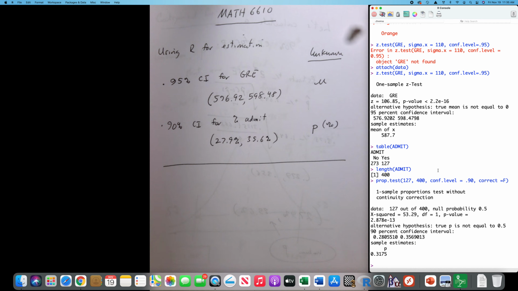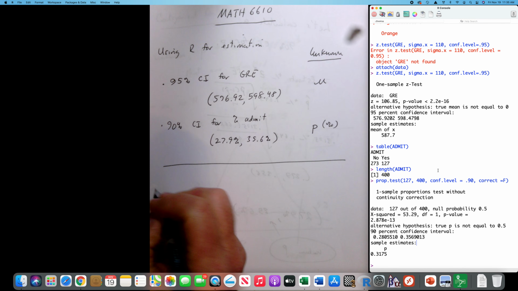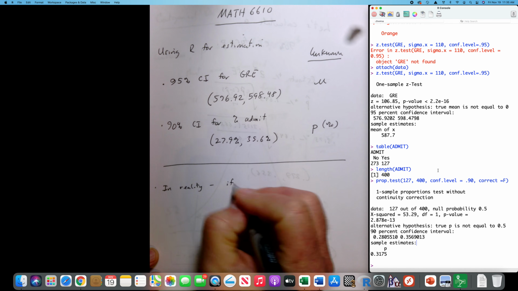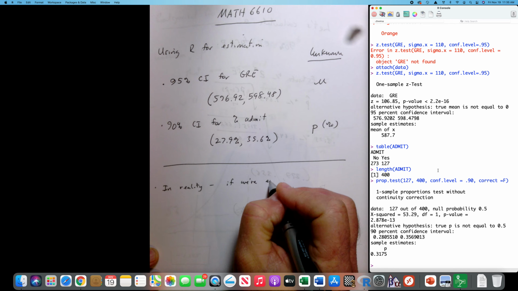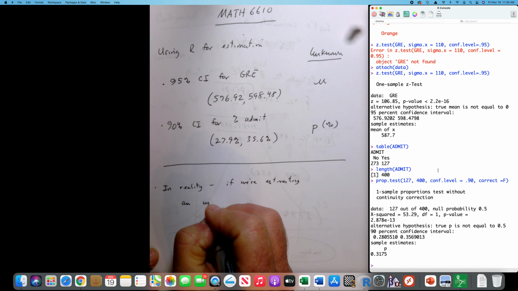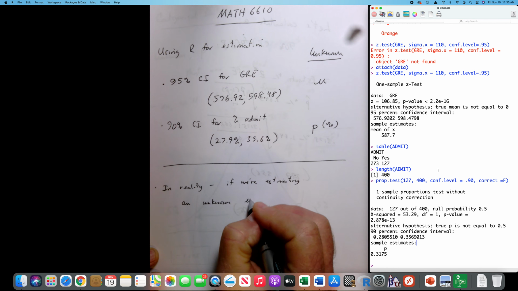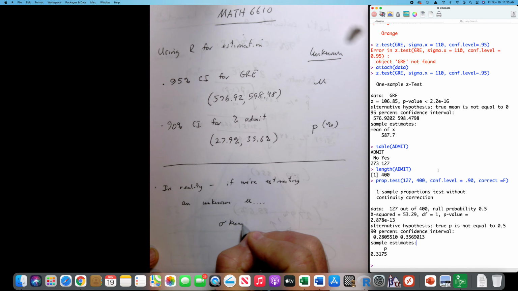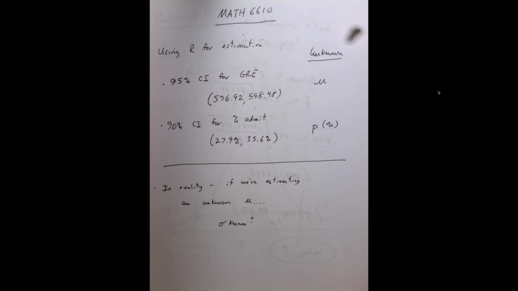Now, what really happens if we're going to estimate in reality? If we're estimating an unknown mu, how likely is it that the population standard deviation is known? Well, let me get rid of this. I don't need this right now. The fact of the matter is it's very, very unlikely. But if the population standard deviation is known,